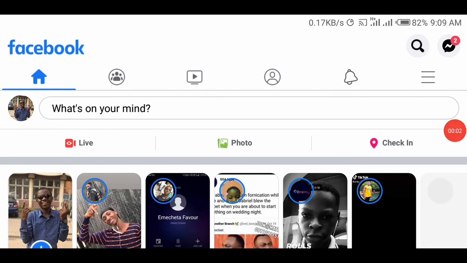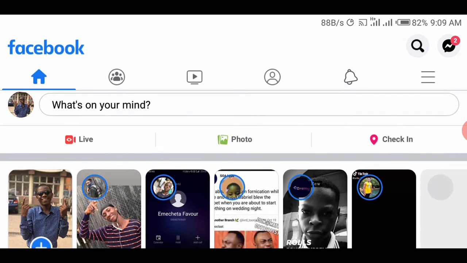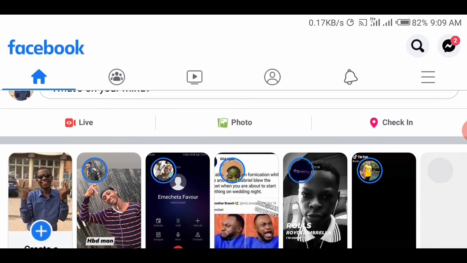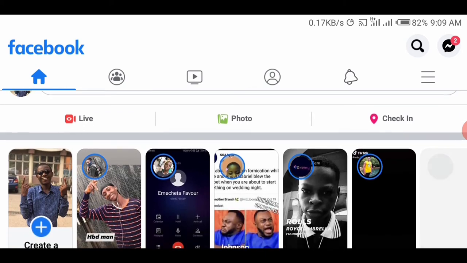From your group you will promote your affiliate link, because Facebook can't ban your group since it's your personal group, so you can promote anything. But on your page you can't promote anything, because if you promote anything on your page, your page will get removed or disabled. Why I included the page here is that,